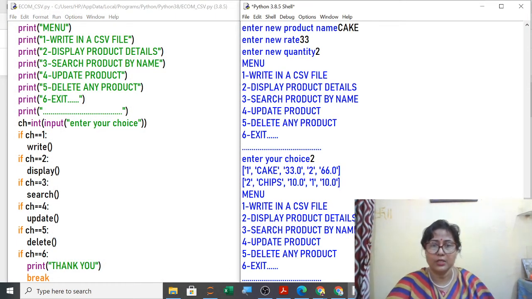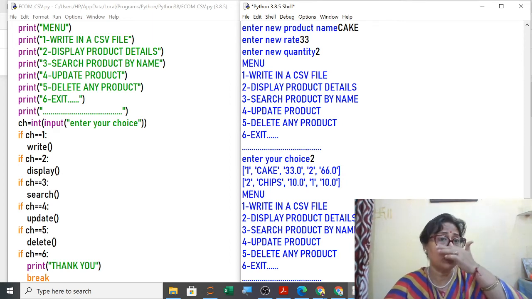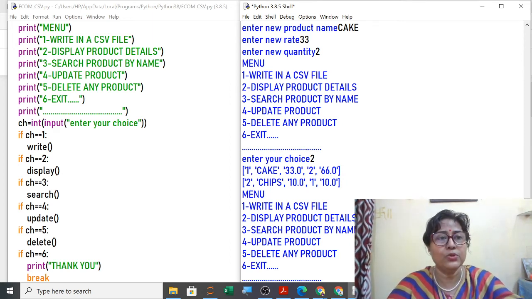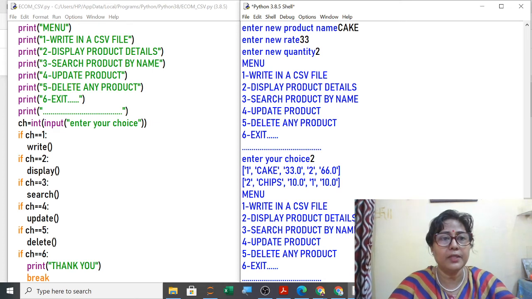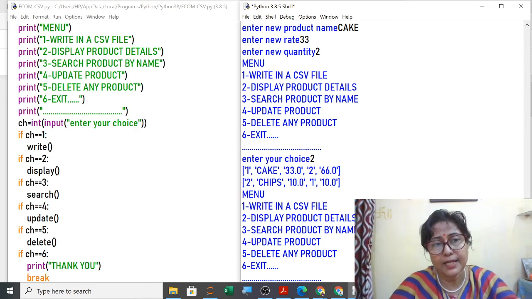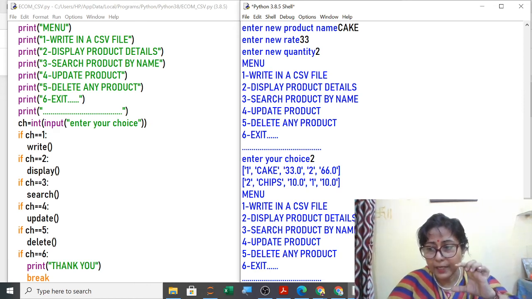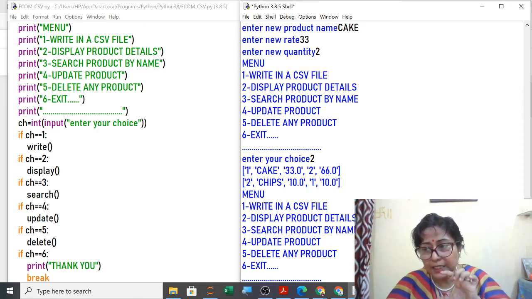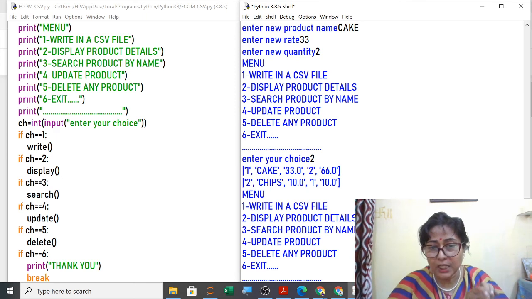This is getting executed. You can add more menus, like here I will start adding more menus. I want to search with name, then search with product number, and the same way update with product name, update with product number, update with price. Suppose in the question it is given: update a group of products whose price is greater than 50, make it 49. Or whose price is equal to 50, make it 49.